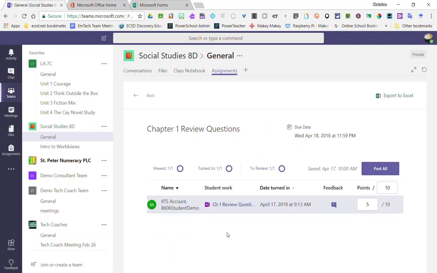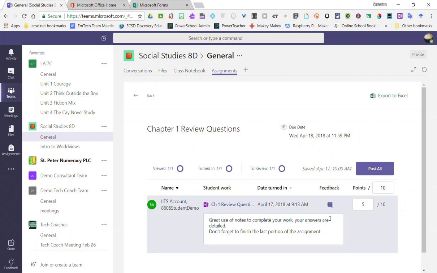I want you to notice that in this view of the review of the assignment, I can also click on the little feedback comment icon, and I can see that feedback that I entered, but I could also add feedback here. As well, I can adjust the point value or the score here underneath points. Once I've finished marking all of my students' assignments, I will click Post All to return their work, feedback, and